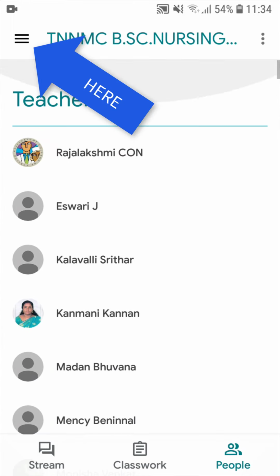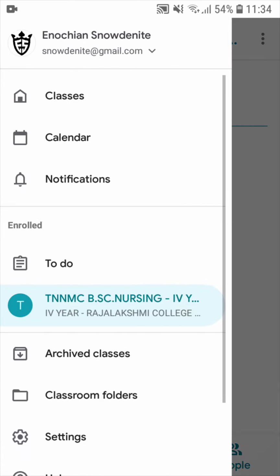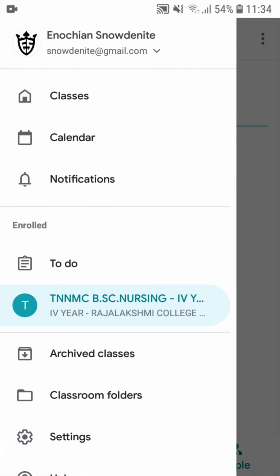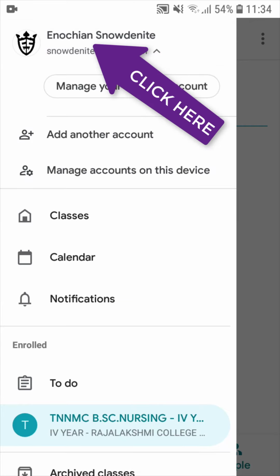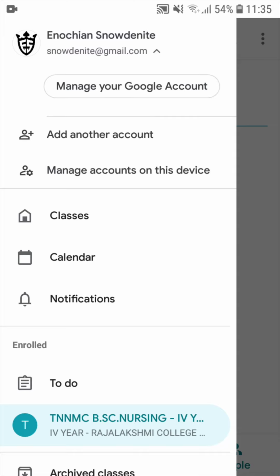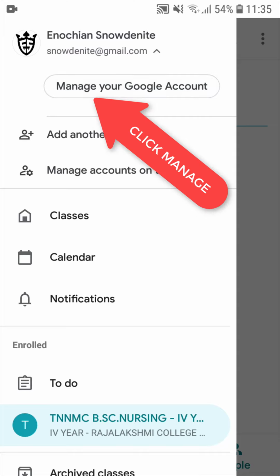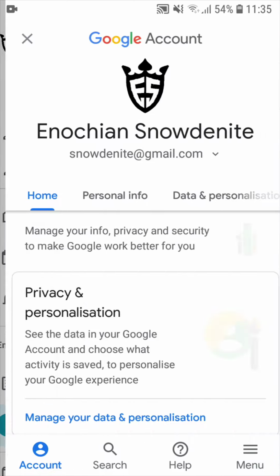So here I will show you how to change your name. On the left hand side at the top you can see three dashes, so click on that, and you can see your Gmail ID and your name. They want you not to change the Gmail ID but the name on the top. In front of that they want you to add your college name. So here I'll show you how to do it. First click on your name, and it will show manage your Google account. So click on manage your Google account,